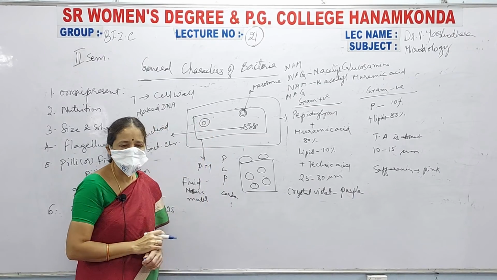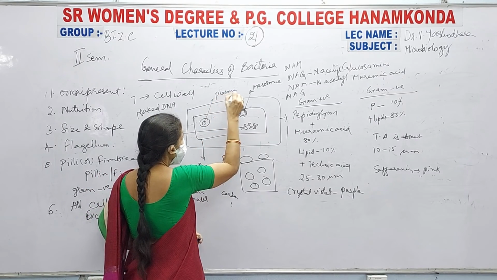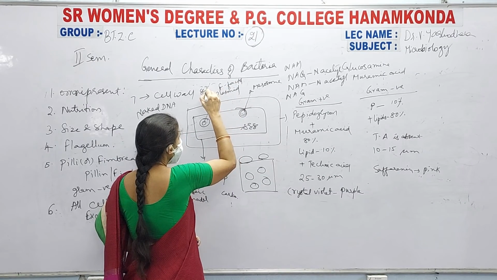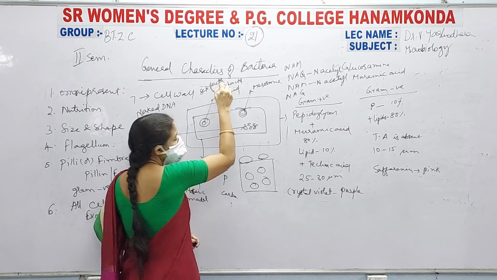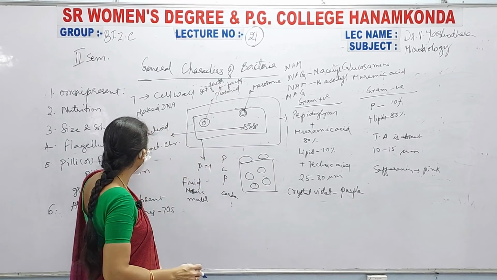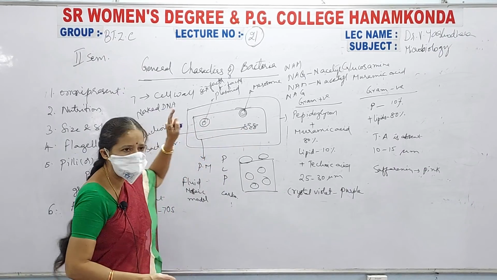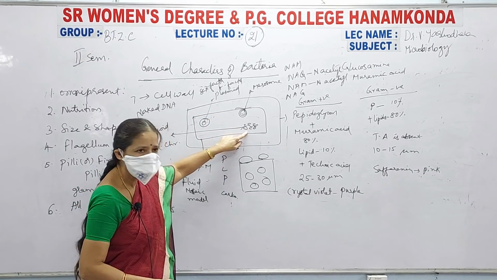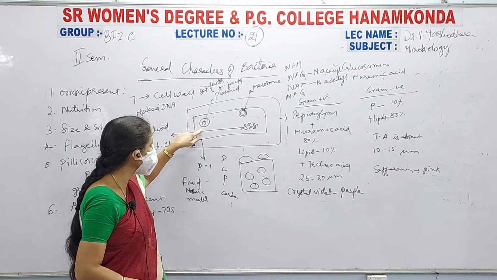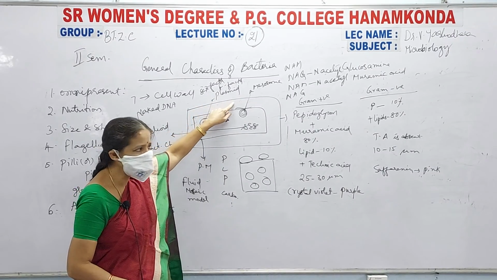Along with that it consists of a double stranded circular DNA, and this is known as a plasmid, or this can be called an F factor, or a sex factor. This is an extra chromosomal DNA, and this is the original DNA called a nucleoid or bacterial chromosome. This DNA is naked DNA because of the absence of histone proteins, that is nucleoprotein, and the plasmid is a double stranded circular DNA which also participates in conjugation.